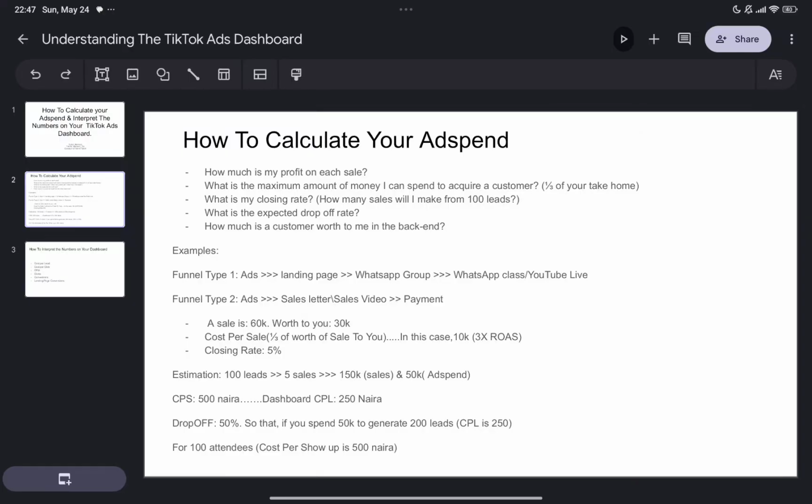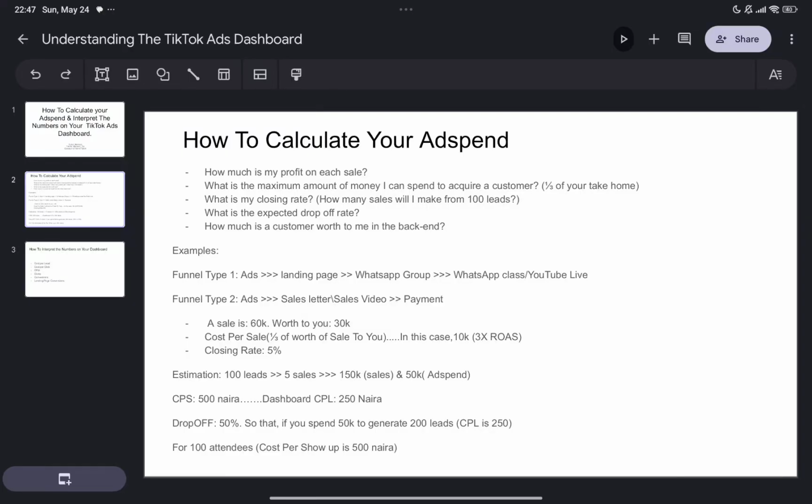All right. Now, the next question you ask yourself is, what is the maximum amount of money I can spend to acquire a customer? The answer to this question also depends on the industry and on your strategy. But for me, as an individual, I'm willing to spend one third of the money I make from my product to acquire a customer. Get that word right. One third of the money I make from a sale